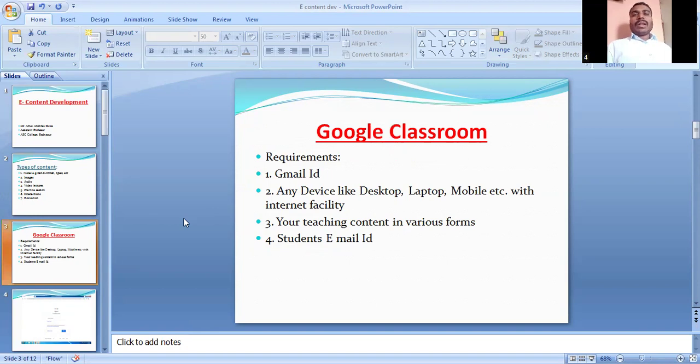Here in Google Classroom, we require some basic needs. First we require our own Gmail ID. Then the second thing we need is any device like a desktop computer, laptop, mobile, etc., with internet facility. It should have internet facility. Then next,